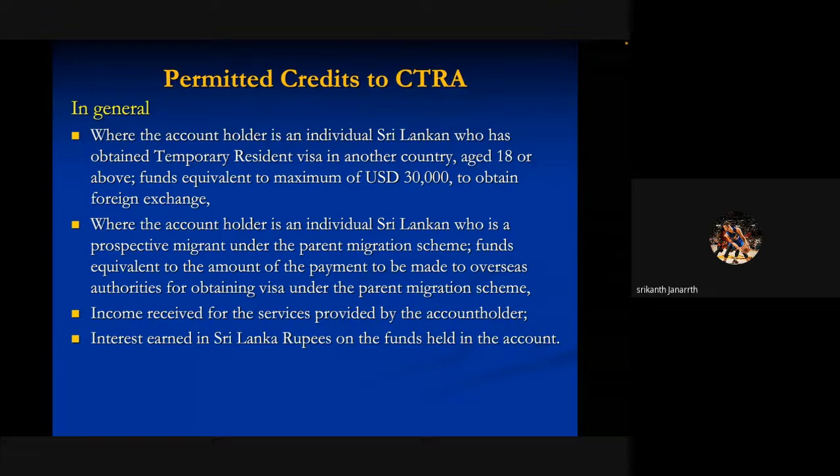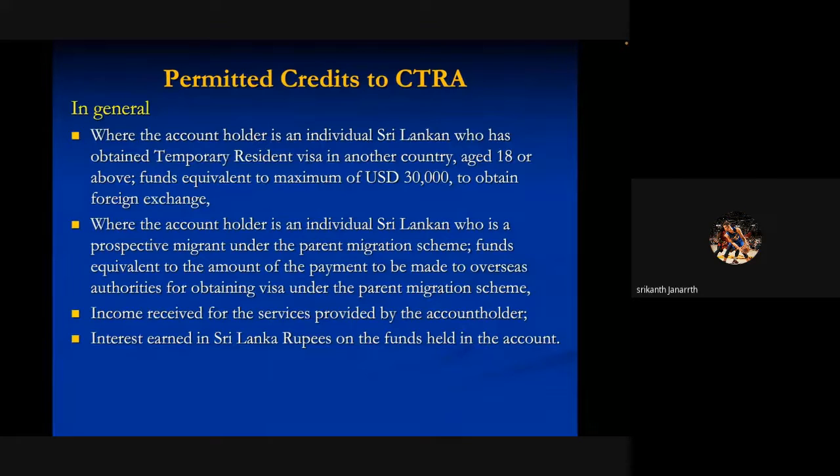So when they obtain the parent visa, their account will become a CTR account. Those funds can come into credit to their CTR account. Whatever inherited assets they have can come. Let's say a father and mother here, when the child is trying to take them, the father and mother can open a CTR account, an individual account, and whatever property they sold and realized money can come into the CTR account. That belongs to them, where the account holder is an individual Sri Lankan who is a prospective migrant under the